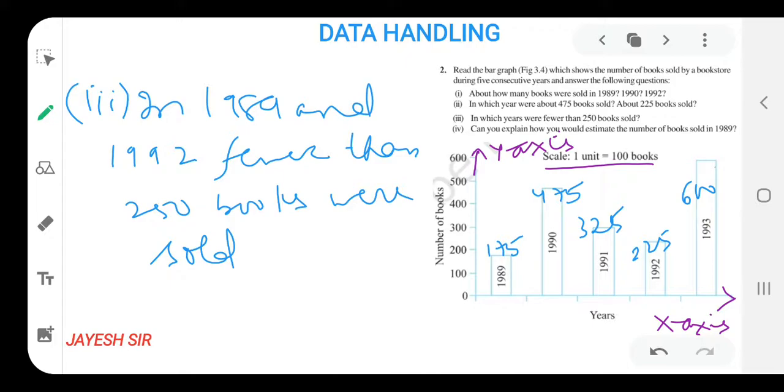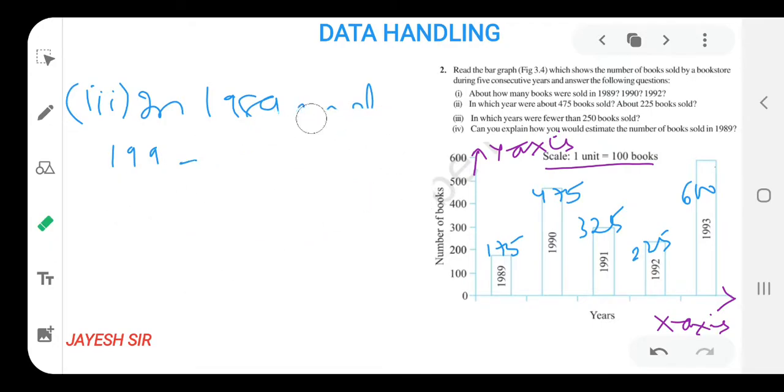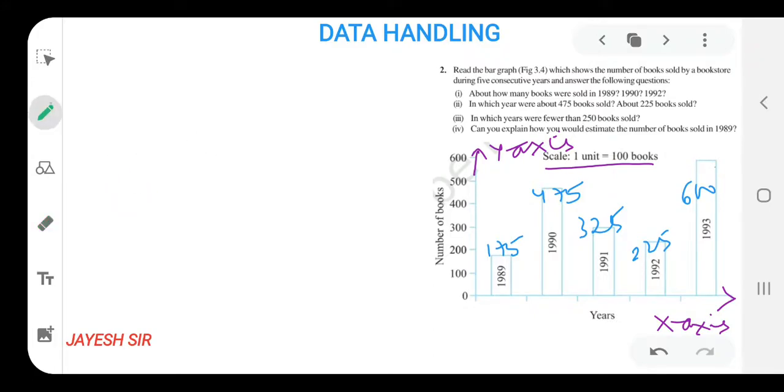So this was the easier type of sum. If you are capable of solving the fourth sum by your own, now pause the video and try to solve the fourth question based on this bar graph by your own, as I am solving that over here. So let us make it a little bit colorful by changing the color of the pen.